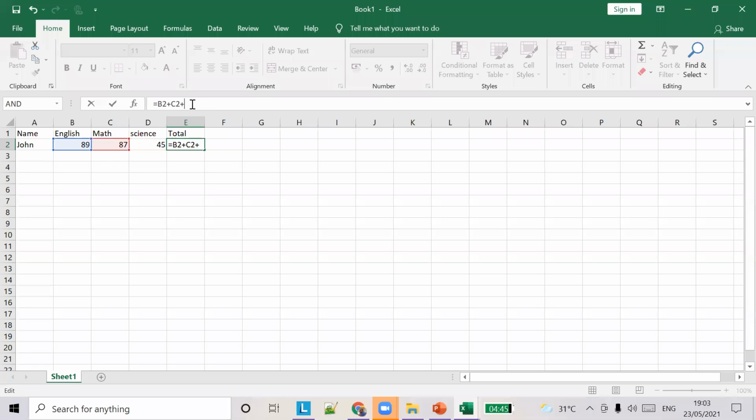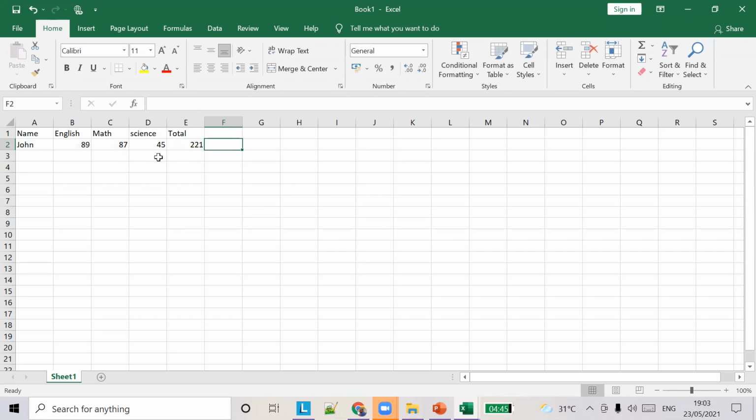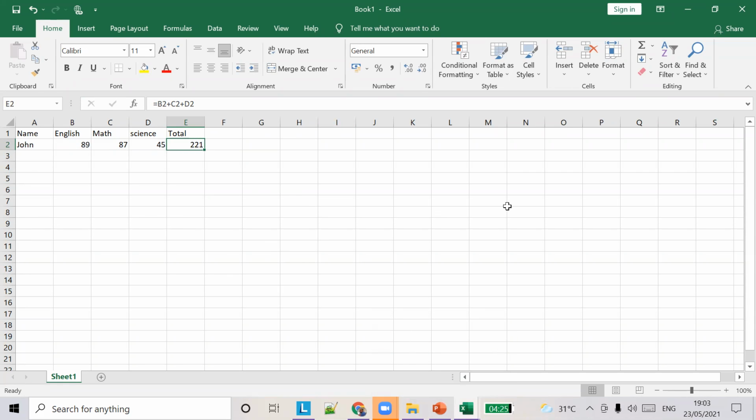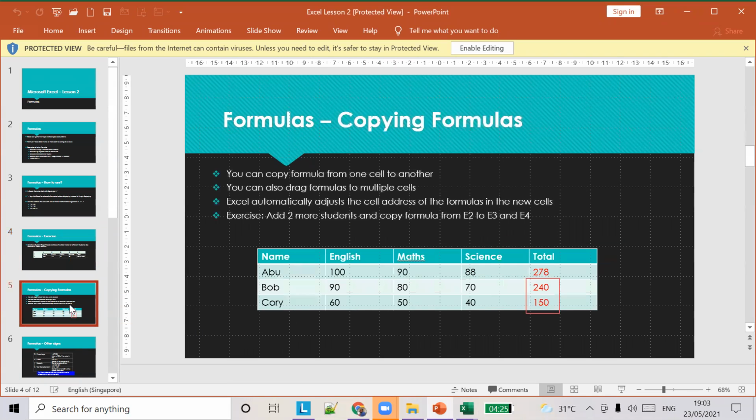Whenever you type the formula, you can see the cell. D2. Now if you tap to move to the next cell, you can see the total added here. This is the exercise that I just gave you, so you can try it at home itself. Then we'll see how to copy formulas.